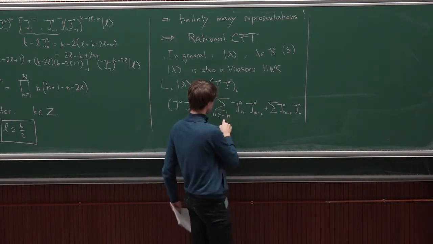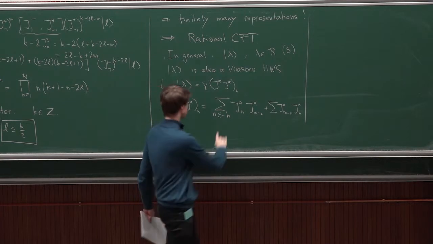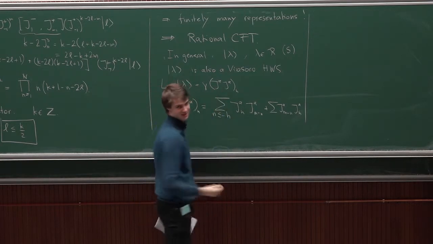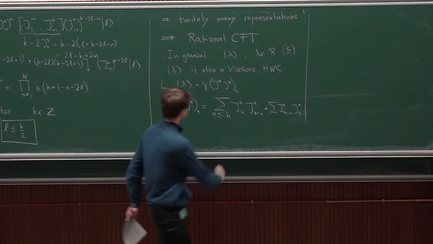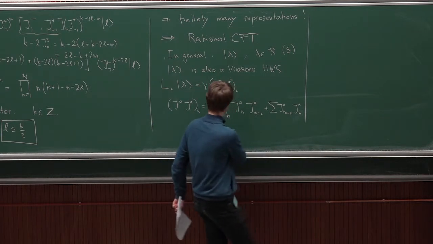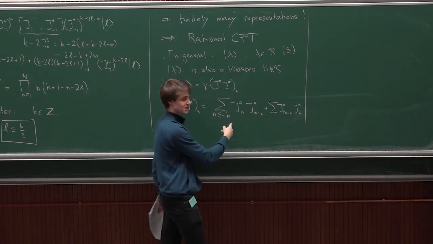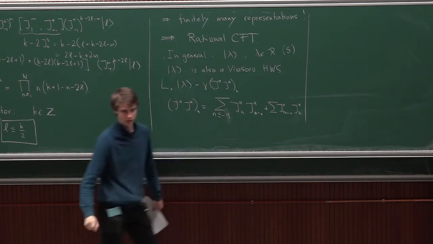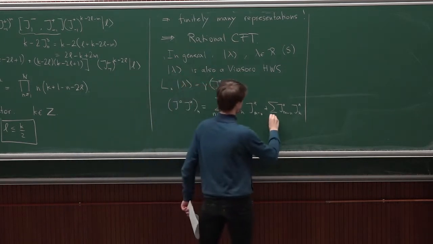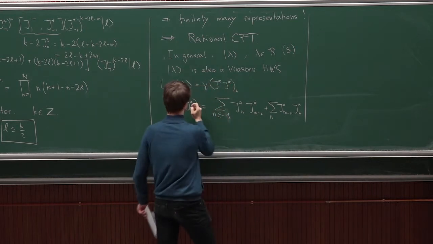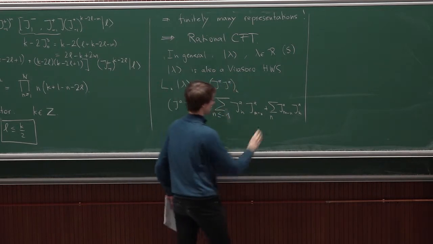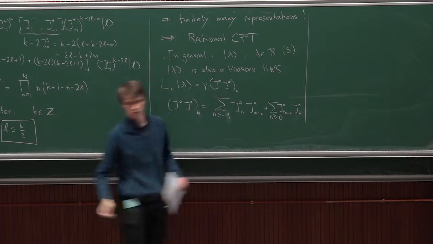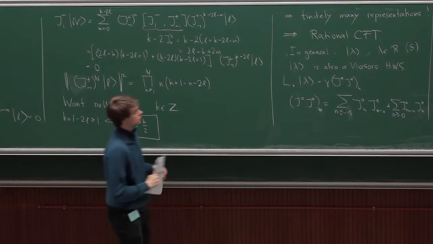So the constraint, what turns out to be the equivalent of the normal order prescription you have in terms of fields, is to require that n here is smaller or equal to minus h, where h is the conformal weight of the field. So in this special case, it's 1. So it would be m on the left-hand side. Right, thank you very much. Okay, so that's the normal ordering prescription in terms of modes.